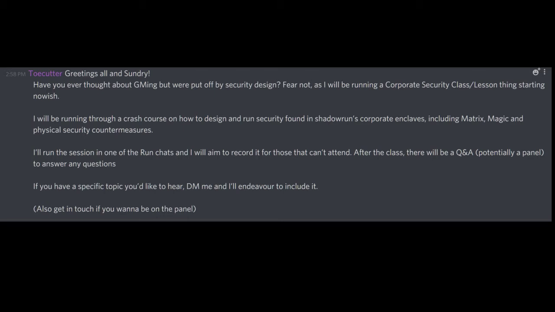Now, you might be thinking, okay, so how do I build a host? Well, the first thing you need to do is align the arrays. So that's attack, sleaze, firewall, and data processing. Each of these does mean something, especially if that's top. So for example, if you are hitting a host with attack being the top, that means the corporation is expecting the intrusion countermeasures, or the ICE, to just shred the runners into the next dimension. Which is a